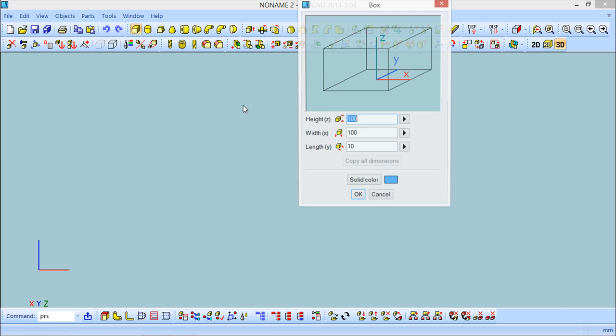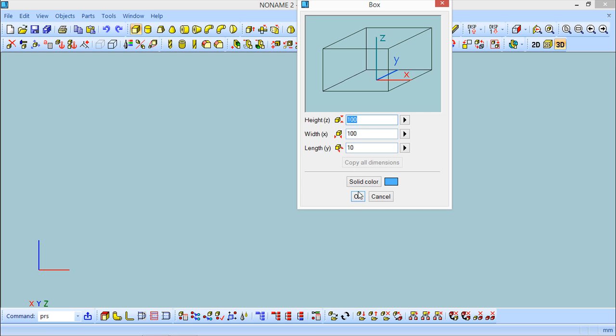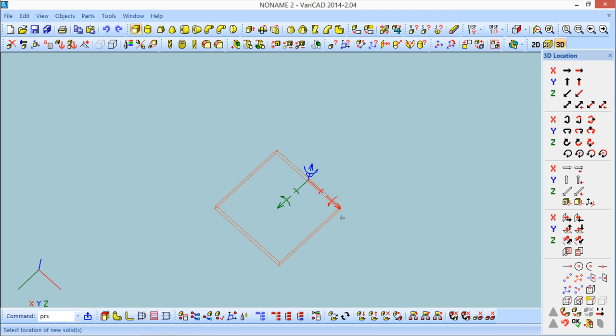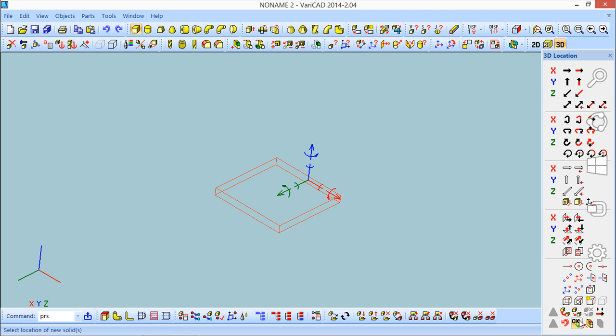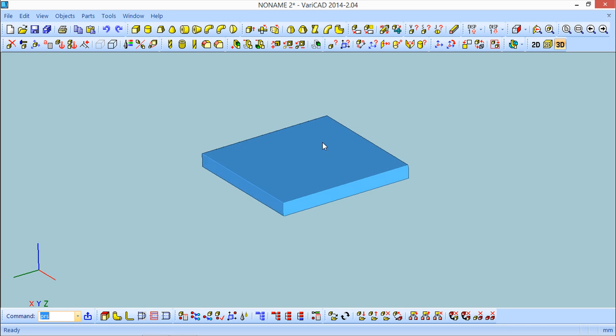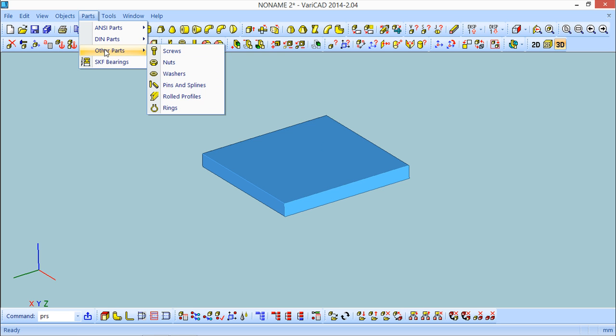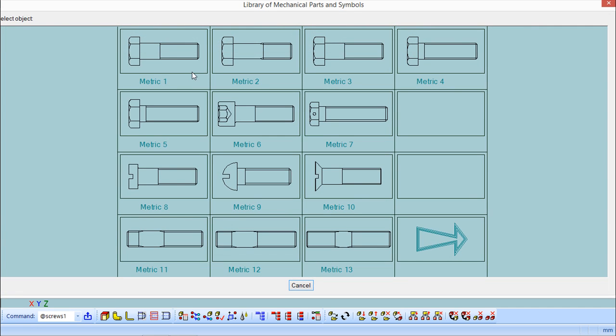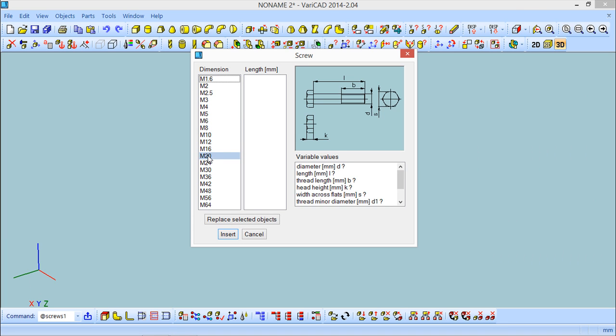I will make a very, very simple plate, okay, just as an example. Okay, this is a very simple thing, and I will insert now a screw. I will use a big one, M20 for example, and 100 millimeter insert,